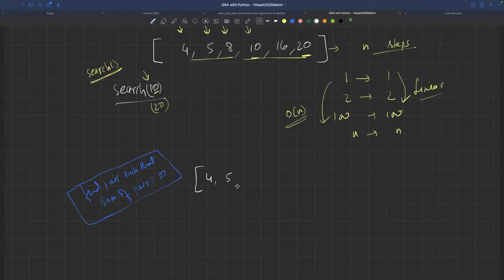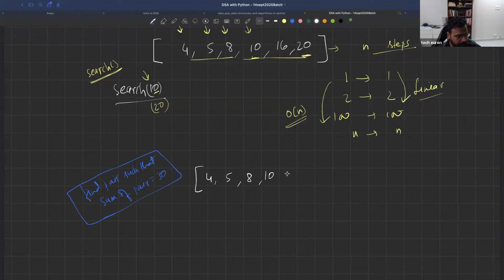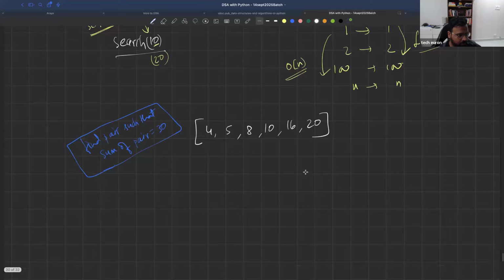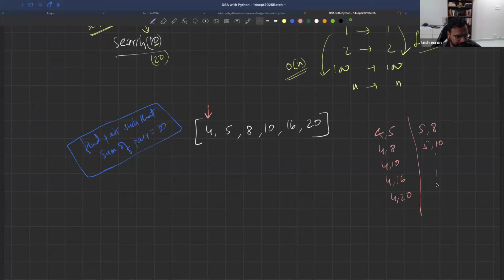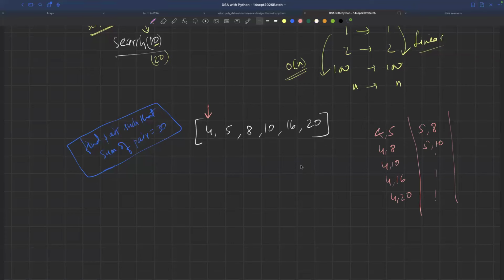गाइस, जिसको जिसको नहीं समझ में आया कॉम्प्लेक्सिटी, एक बार फिर से समझो। मैं बता रहा हूँ 10, 16, 20। अब क्या बोलोगे? हम बोलोगे कि सर एक हम 4 को रखेंगे और 4 और 5 को चेक करेंगे, फिर 4 और 8 को चेक करेंगे, फिर 4 और 10 को, 4 और 16 को, 4 और 20 को चेक करेंगे। हमें आंसर नहीं मिला तो फिर 5 और 8 को चेक करेंगे, 5 और 10 को चेक करेंगे, ऐसे करते जाएंगे।